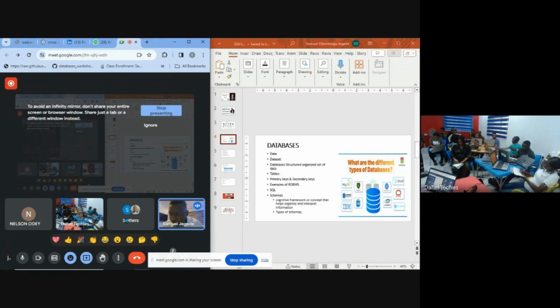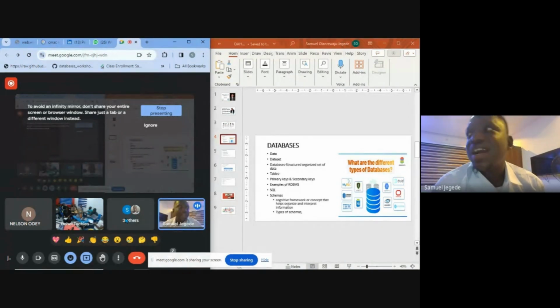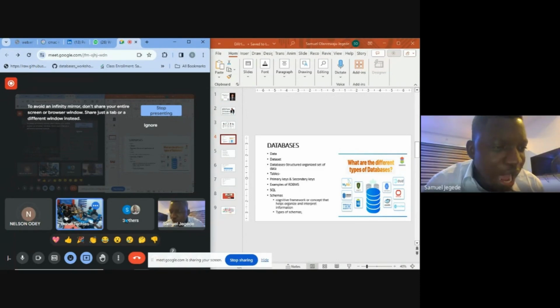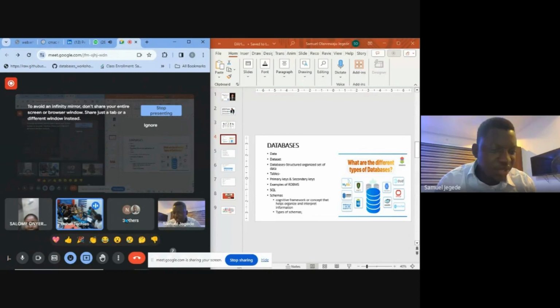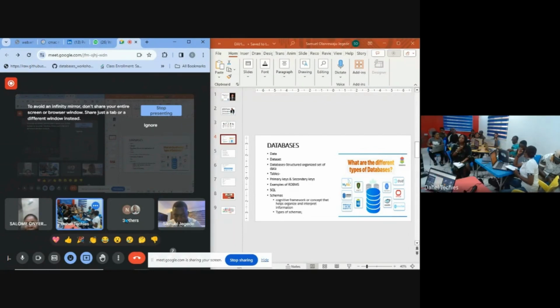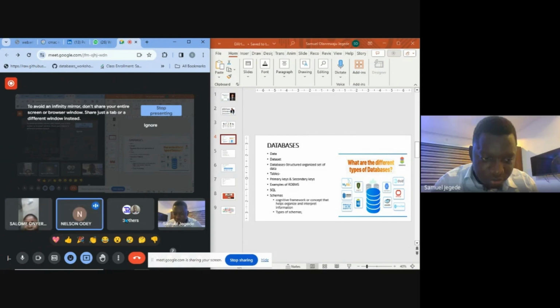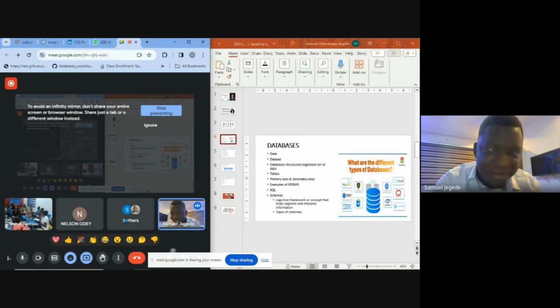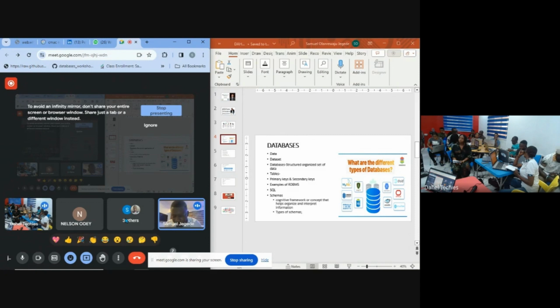Where do you keep your money? In the bank. How do you get access to that money? If you have 1 million in your account and you need 100,000, how do you access it? Okay, the bank app. No, you want to collect cash now. You want to collect part of your money, cash. It's either you go to the bank, or okay, ATM. You go to the ATM. When you get to the ATM, the machine itself, what will you do?